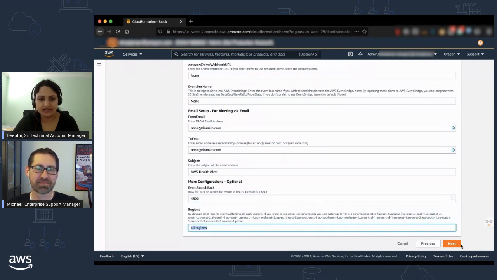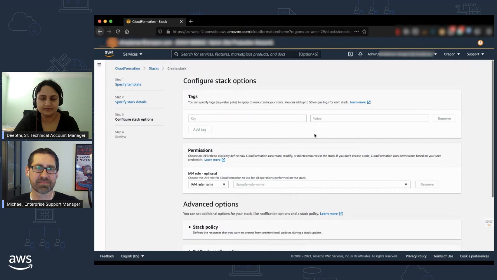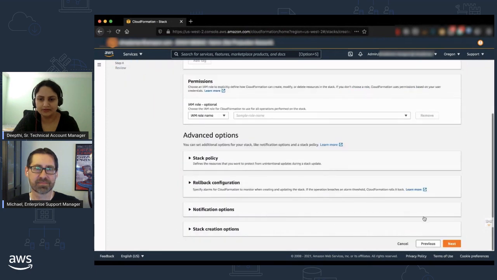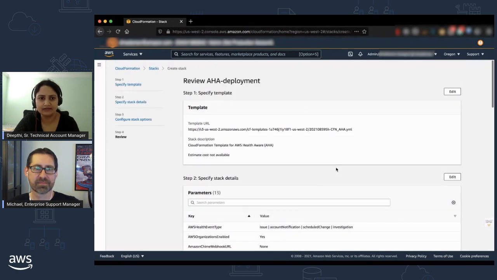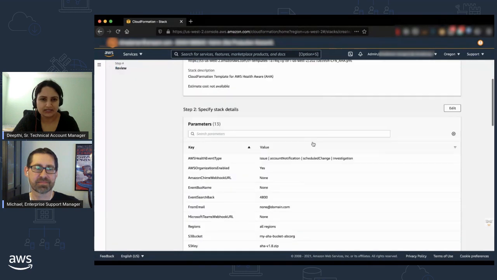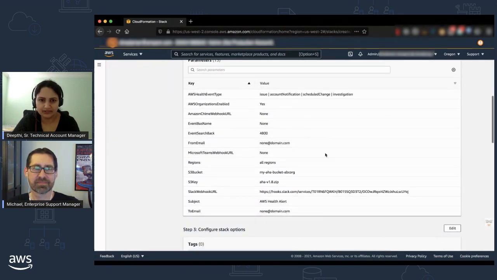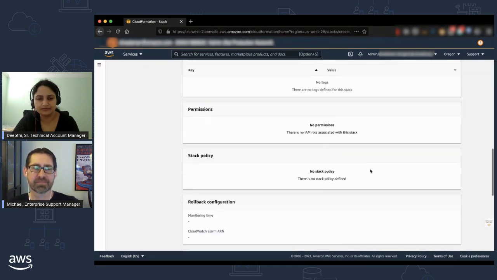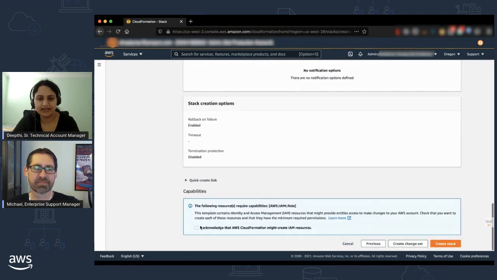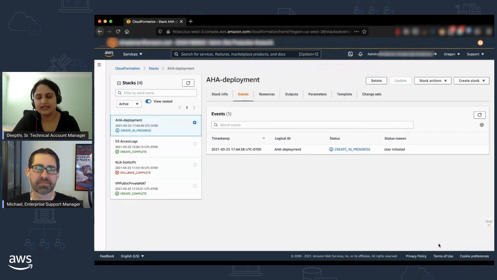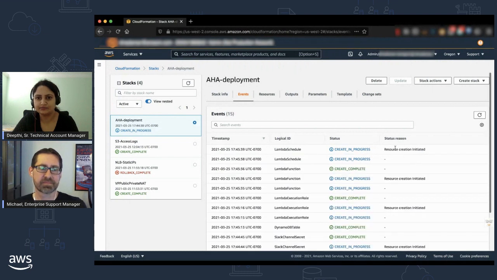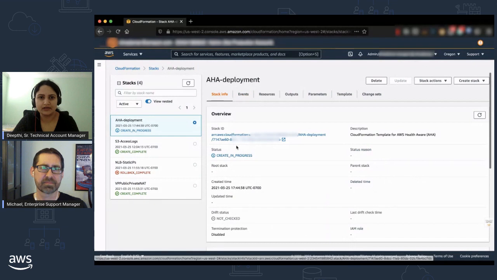Well, all of these are now configured. I'll hit next. I'll scroll down. I'll hit next again. I'll check one last time if all the parameters look good. I acknowledge and create stack. So this takes anywhere between 3 to 5 minutes. Look at this. It's in progress. So I'll go back